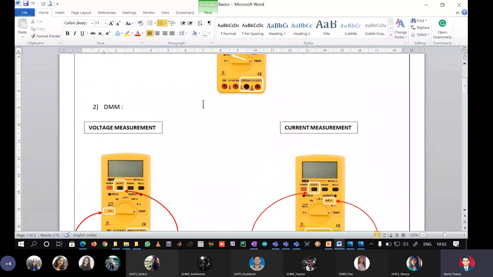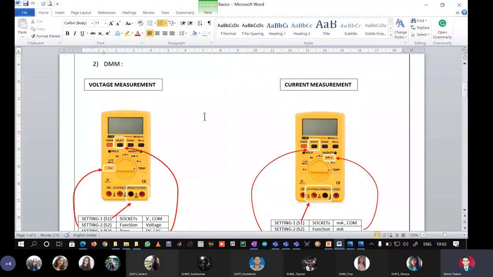Now, for voltage measurement, you know that voltage is always to be measured across a component. It's very simple, the basics. Voltage develops across a component and current flows through the component. I repeat, voltage is developed across a component and current flows through a component. So if you want to measure the voltage across a component, naturally across means parallel or shunt. So you have to connect the voltmeter in parallel with the component.